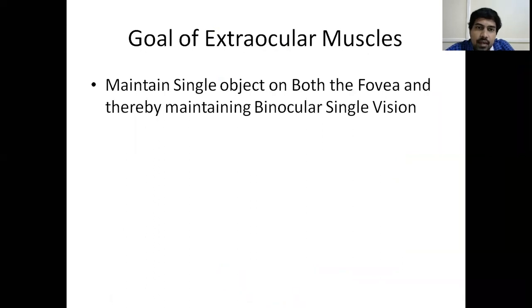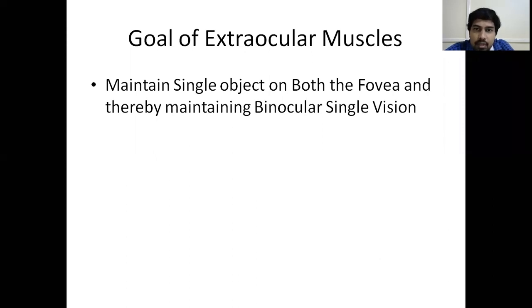So the fovea centralis or the macula lutea, which is known as the yellow spot, is the portion of maximum visual acuity. I told it to you in the last class. So the fovea centralis is the one which perceives the finest detail and has the greatest visual acuity. So on both the fovea, that is on the fovea of the right eye as well as the left eye, you should have the same object or same image so that the brain can interpret it easily. Suppose your right eye is looking at a door and your left eye is looking at a window, then the brain gets confused as to which one is the image it has to process.